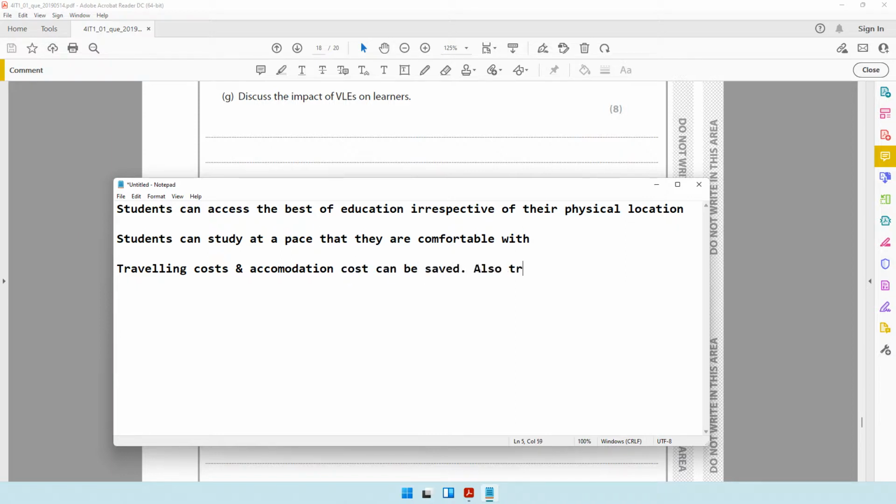Also, traveling time can be saved. The time taken to travel to college can be saved. The student can use it for something more productive or maybe to get more sleep. Whatever it is. If you look at the flip side, the negative side or some of the drawbacks,